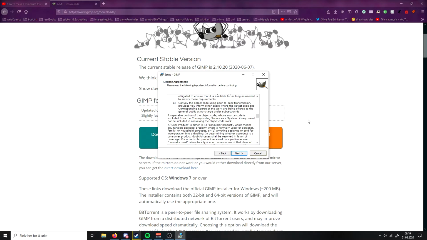A "User Product" is either 1. a "consumer product", which means any tangible personal property which is normally used for personal, family, or household purposes, or 2. anything designed or sold for incorporation into a dwelling. In determining whether a product is a consumer product, doubtful cases shall be resolved in favor of coverage. For a particular product received by a particular user,